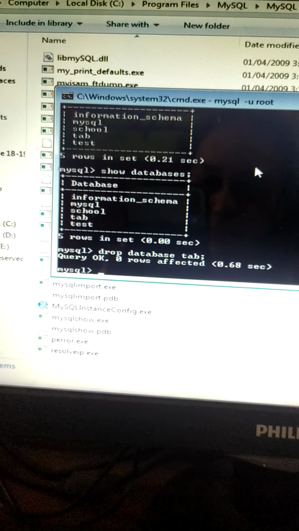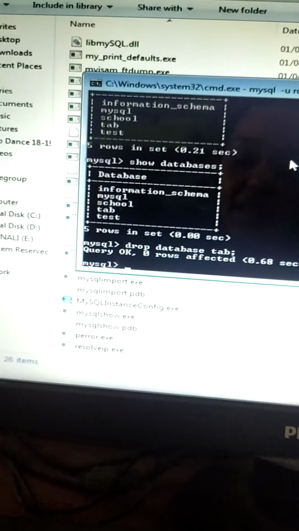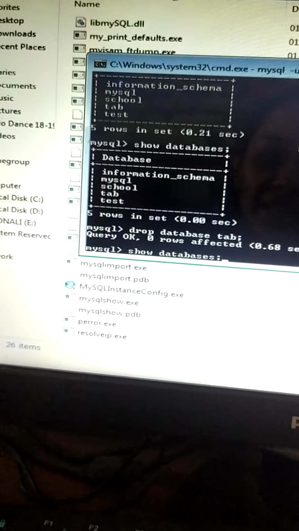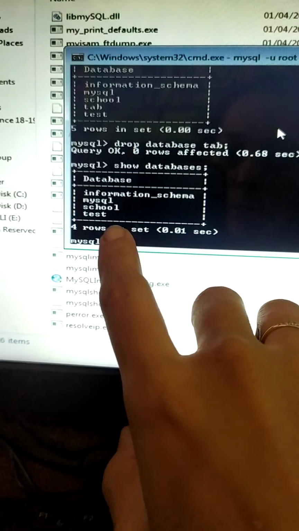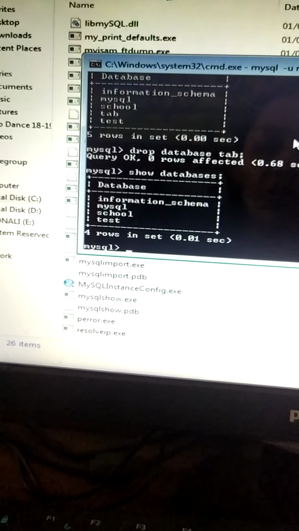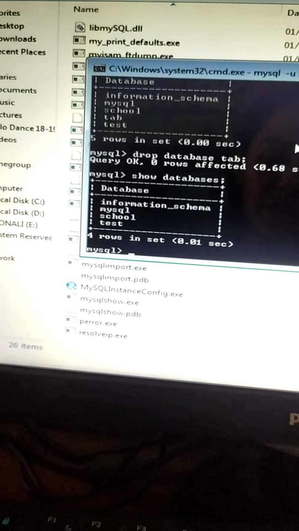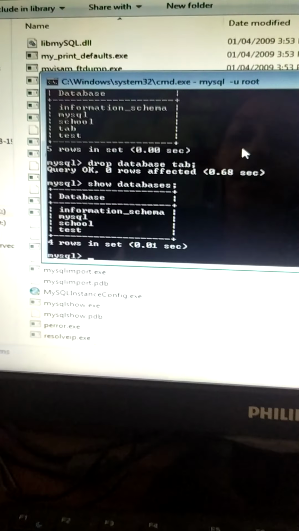See, the test database is deleted. We'll again check it. See, I'll show the databases. Can you see test over here? No, because the test database is deleted. So this is how you will create a database, display the list of databases in this server and delete a database.